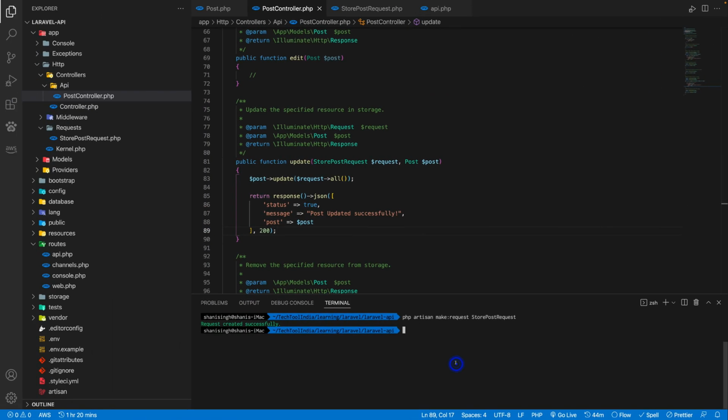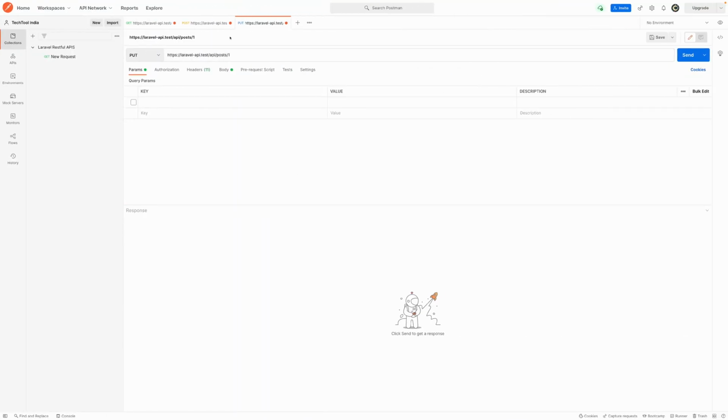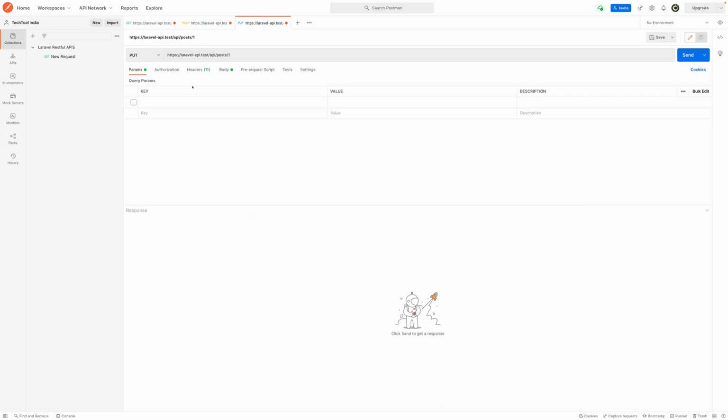If you go to our route list, you'll see to update this we need to put API/post/post. Post stands for post ID, so it will automatically associate this ID with the post model. So as we know, the ID is 1, so I'm just passing a 1,